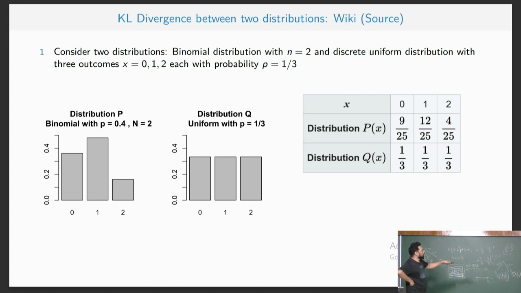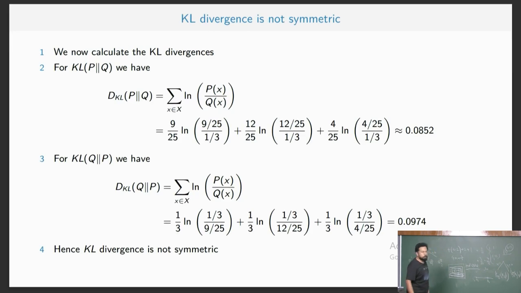So now KL divergence should measure the distance, or divergence, between the distribution P and Q. We have just plotted these values again for our convenience. This is how this distribution looks, and this is how this distribution looks. Obviously they are not the same, so KL divergence should give us some positive value, not necessarily 0, because the distributions are different. So if we do the calculation, KL of P Q according to the definition,